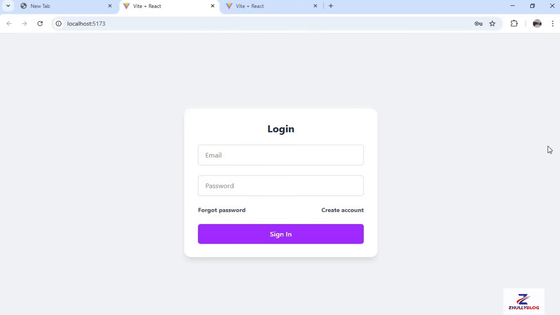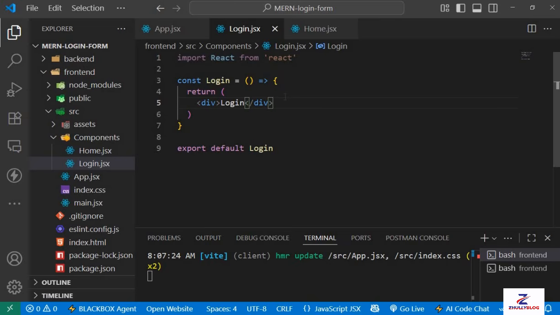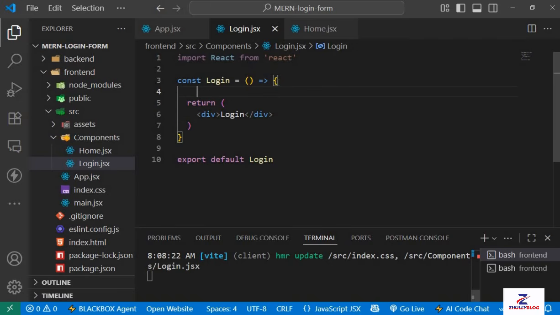So we should be able to track what we're displaying on each of those pages, on each of those states. So in this case, we're going to call it a state. So we need to create a state to track whether the user is in login page or the user is in sign up mode, whichever one it is. So first off, we need to create a state variable that is going to track that, and also a setter function that is going to update whichever state we are in, and then display certain fields based on the states